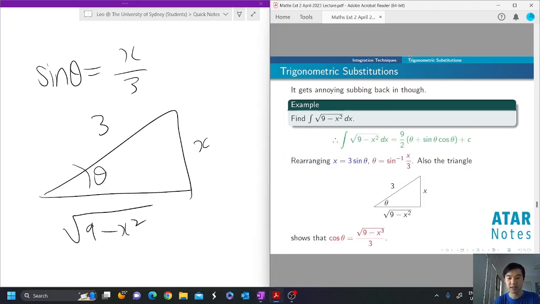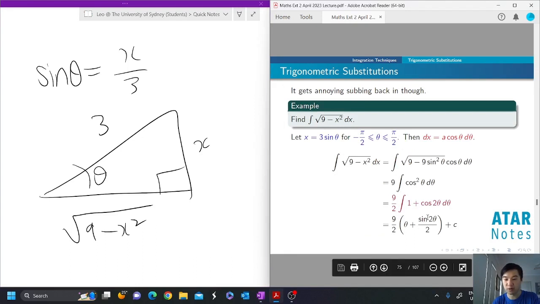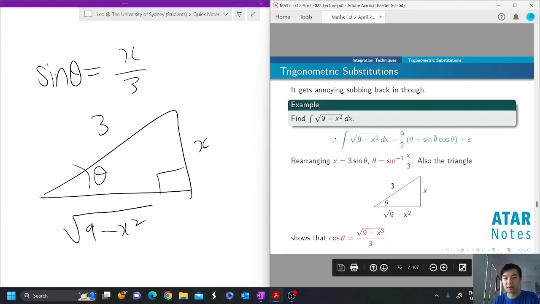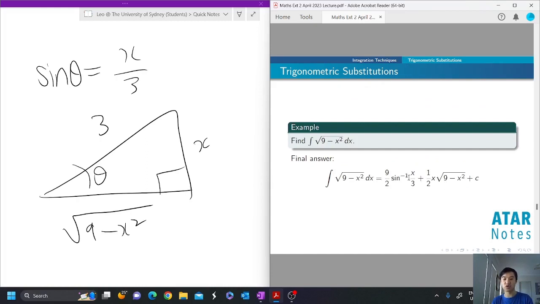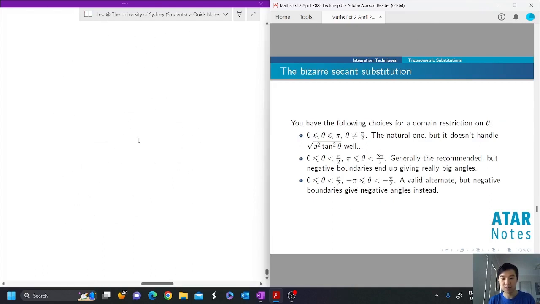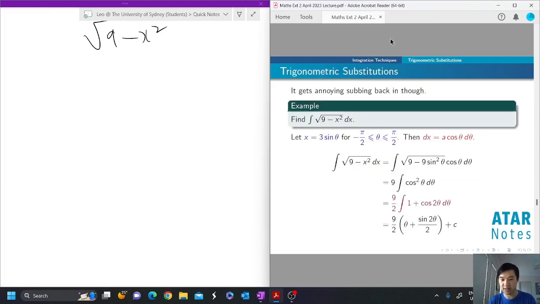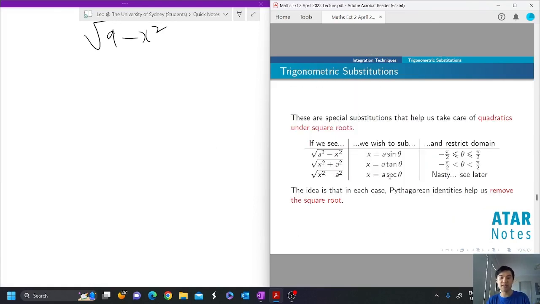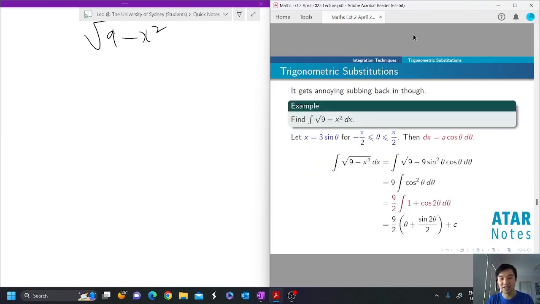using Pythagoras. So therefore, when you rearrange it and get your final integral, remember with the sine squared, that is a double angle. You can use the double angle formula, and then you can find a value for sine and cos. So therefore, your final answer is going to be this result, like so. And as mentioned on the previous slide, if you have to do sec, it's going to be kind of nasty with domain restrictions and stuff, but